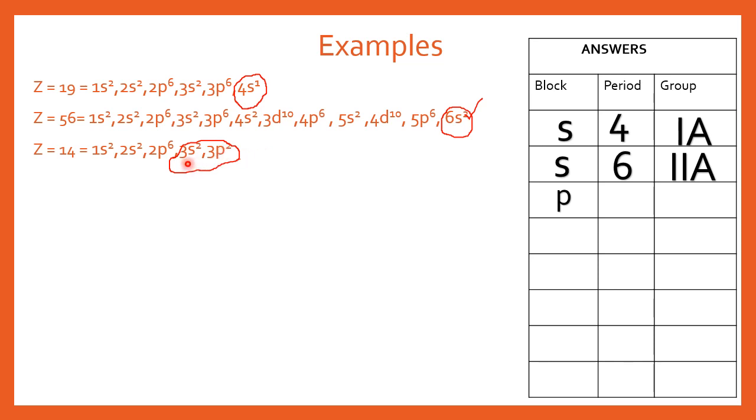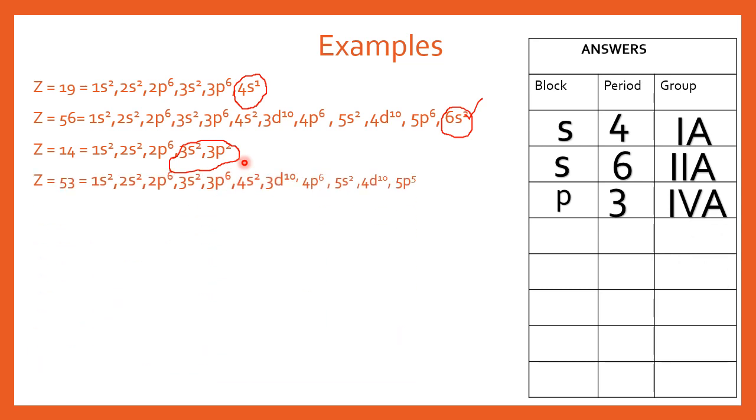Now look, the highest number is 3 here. That is the valence shell of the element. It means this element belongs to period number 3. And count the total electrons in the valence shell, 2 plus 2, that is 4. It means this element belongs to group number 4. But as I already mentioned, all the elements present in the s and p blocks belong to the A group of the periodic table. So whenever you find any group, A and B must be in your mind: if the block is s and p, then the group will be A. If the block is f and d, then the group will be B. So this is the fourth thing.